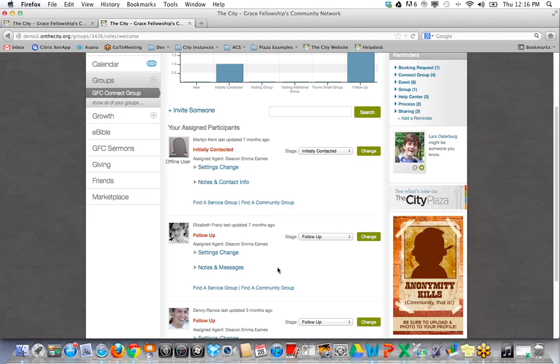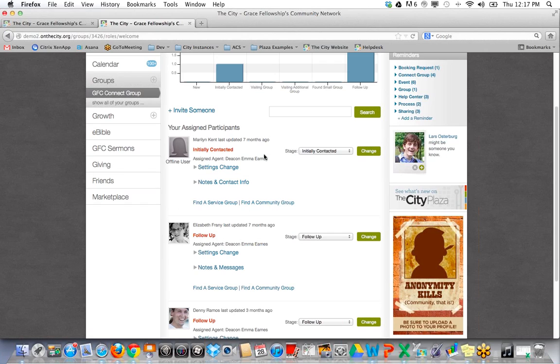Once they accept the invite, that's when they get that welcome message. So basically, the order is, if they came in through the Connect kiosk, then they would get an invitation to your city, and then they would accept it and fill out their profile, and then they would get a welcome message after they've accepted that invitation into the city, and then that's what would start the whole messages back and